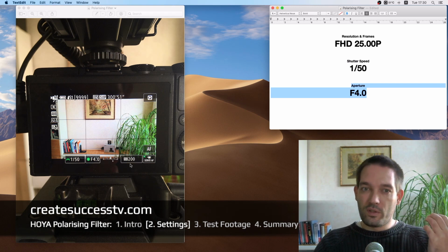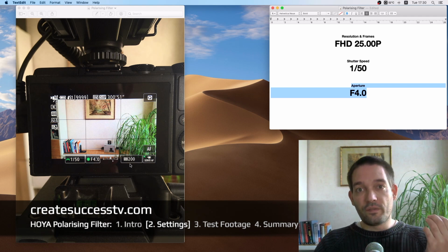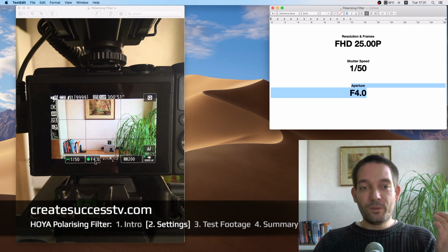This is almost the lowest setting. The lowest setting is ISO 100. That is the least sensitive I can set the sensor of the camera that records the video. And like I said before, the moment you start to regulate the intensity of the light that hits your